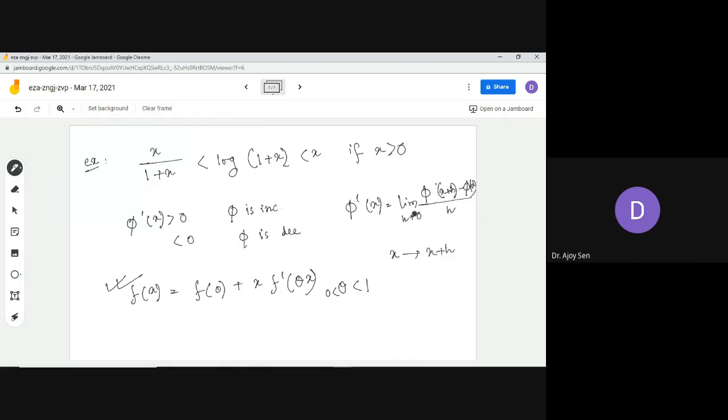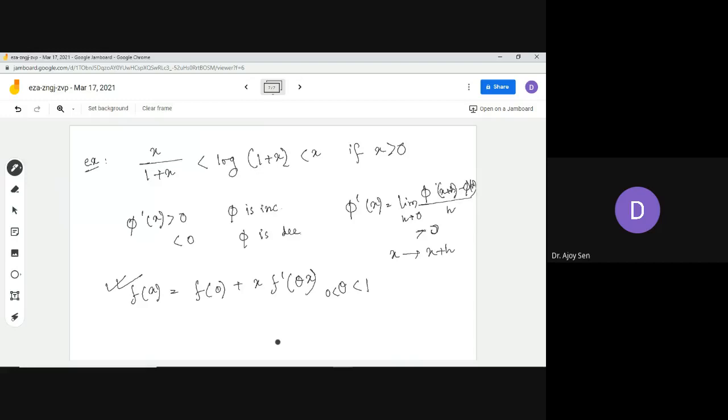So this limit you can evaluate, because you know this derivative exists. This is assured. So this is actually a positive function, and for a positive function, whatever limit you calculate will always be greater than 0. So this is basically the idea. I'm not going into the proof, because in the proof you will need this idea of Lagrange's theorem. I'm just giving you a glimpse of why this is so.